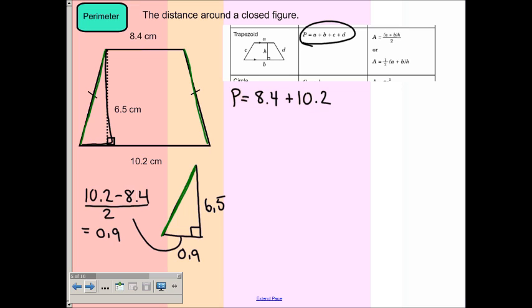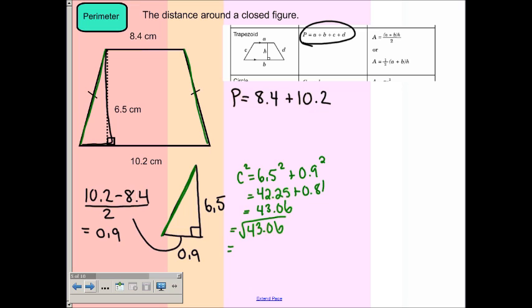Now I have a right angle triangle. To figure out what the slant height here is, I'm going to use Pythagorean theorem. So if you recall, Pythagorean theorem is a squared plus b squared equals c squared. So we're going to be finding out the square of that hypotenuse, squaring 6.5 and squaring 0.9 will give me 42.25 and 0.81. I can then add those together to give me 43.06, and then I'm going to have to square root it to figure out what the length of that trapezoid side is, which ends up being 6.56